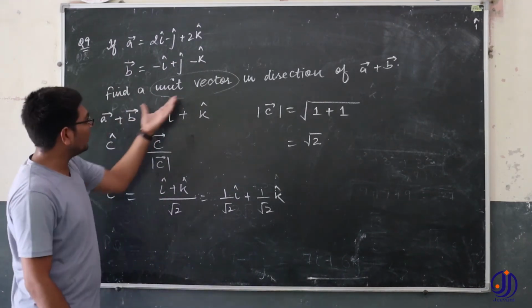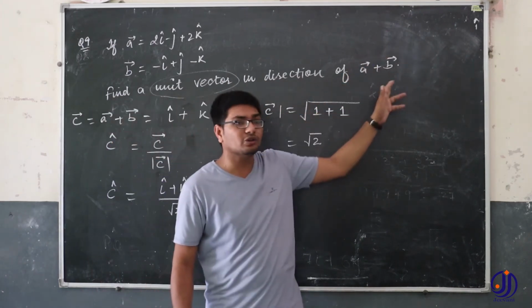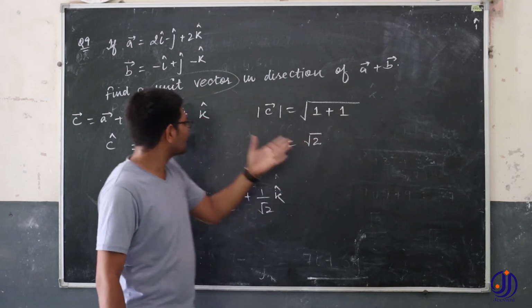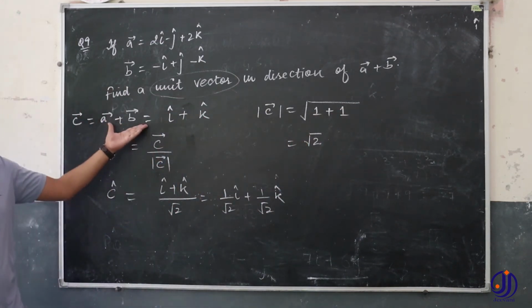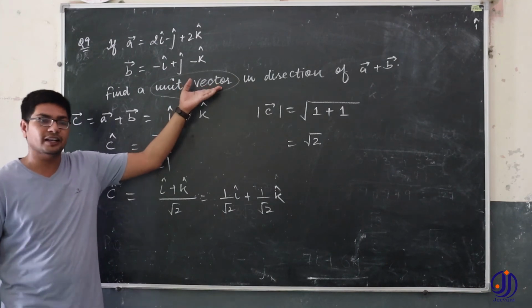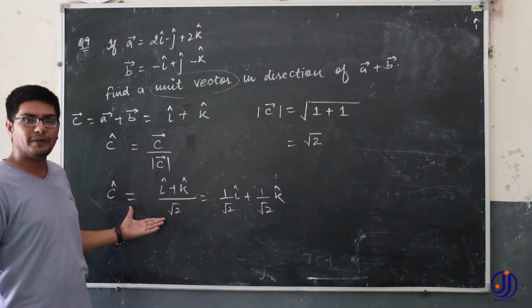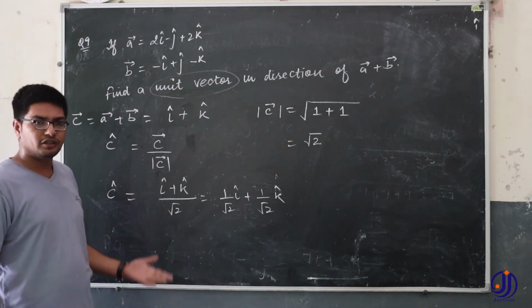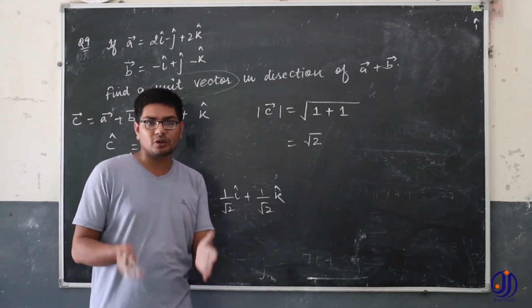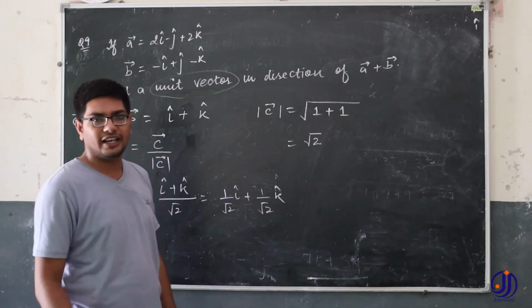How? You have to find a unit vector in the direction of A plus B. Now it is given to you that you have to find A plus B. Okay. So what we did? We just calculated A plus B and then it is told to you that here you have to calculate the unit vector. You just apply the basic concept of unit vector and apply the formula and solve it. So that's what I am saying. Mathematics is quite the easiest subject. Okay. Now we will proceed with the next question.